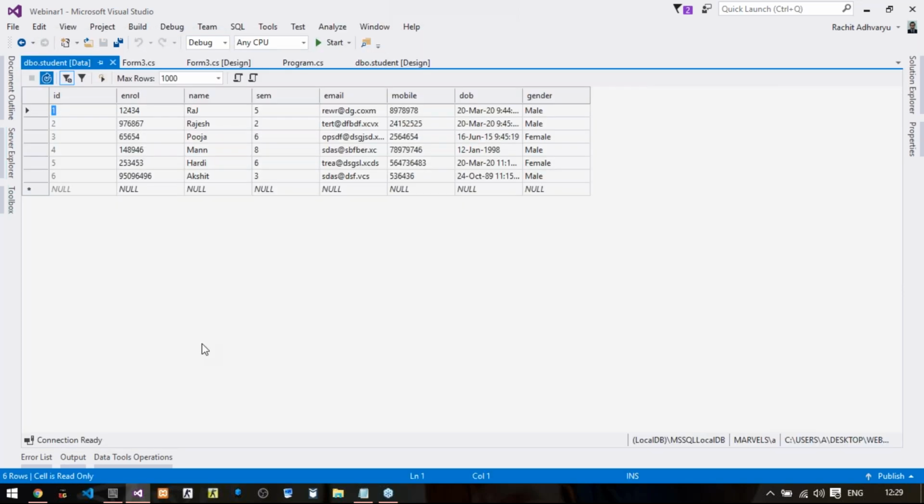It has not changed. Maybe there is some issue. So we'll see what this is. Let me try it again one more time. Let us say Manish again here, and mobile number as 1112222. Update data.